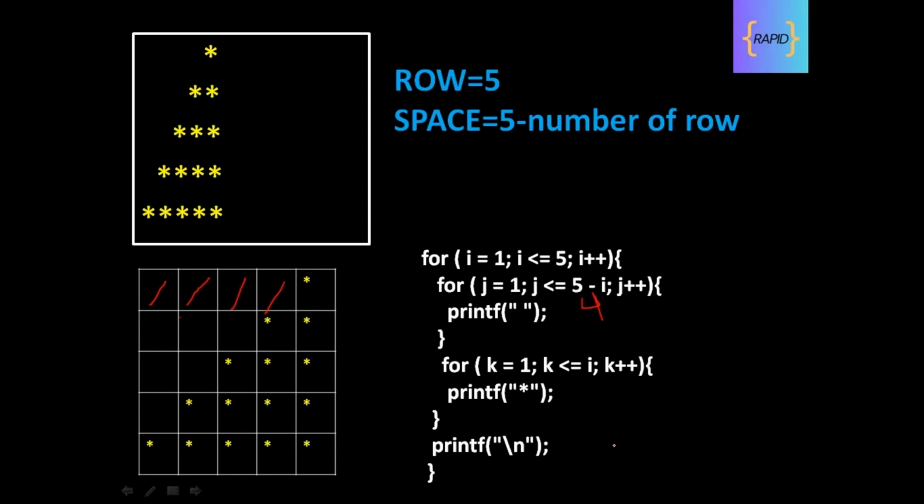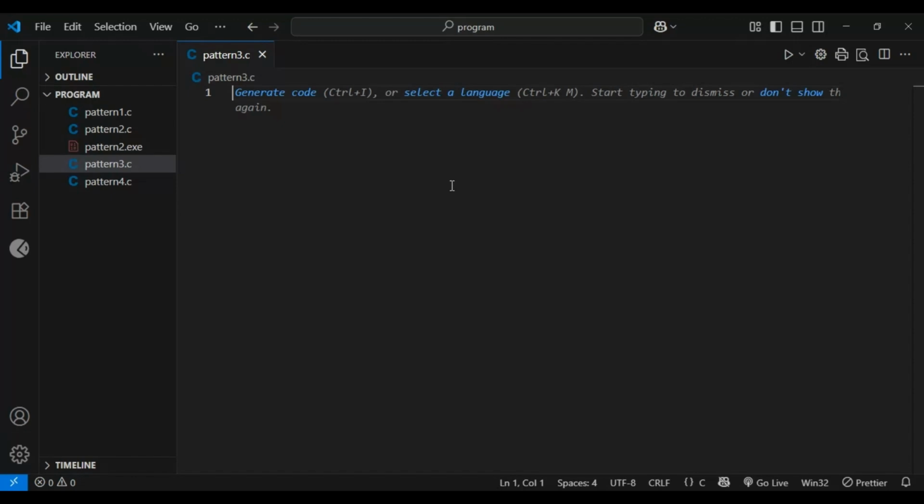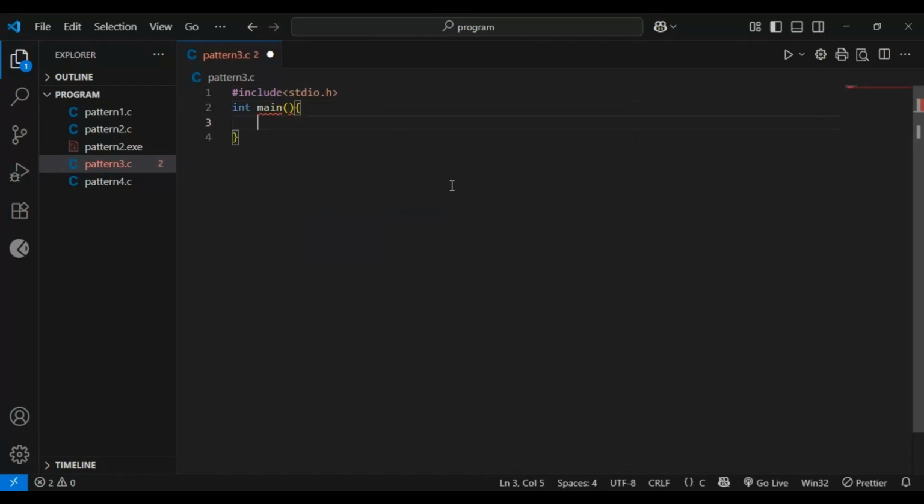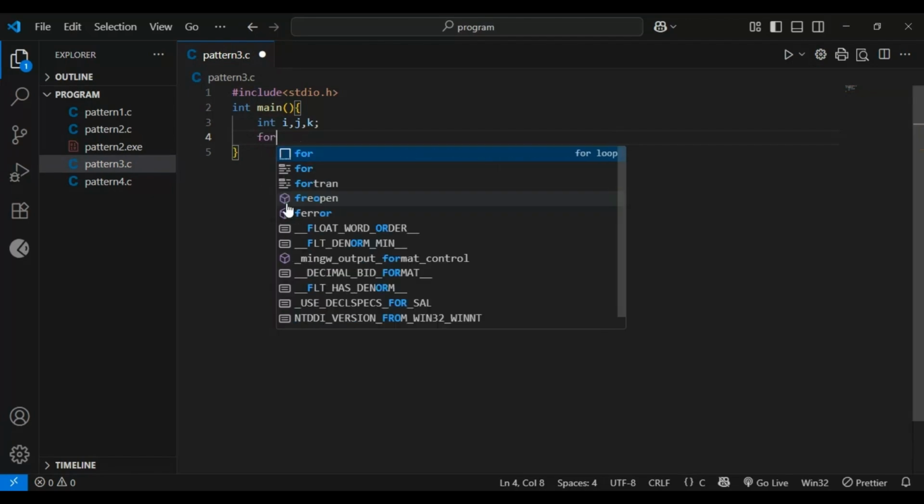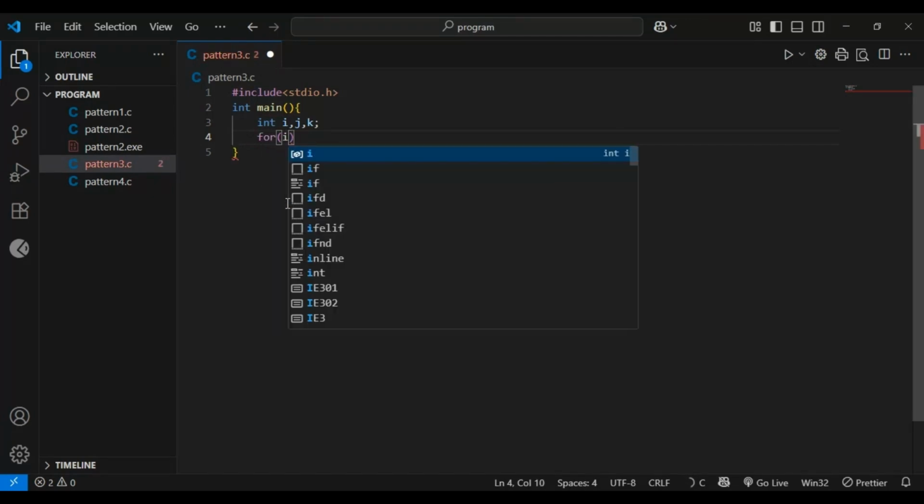So now let me show you this program in VS Code. So guys, in VS Code, I already created a file for pattern 3. So let's start the programming. Here I'm defining i, j and k because we want 3 for loops. I already explained the program, so I am trying to do it more quickly.